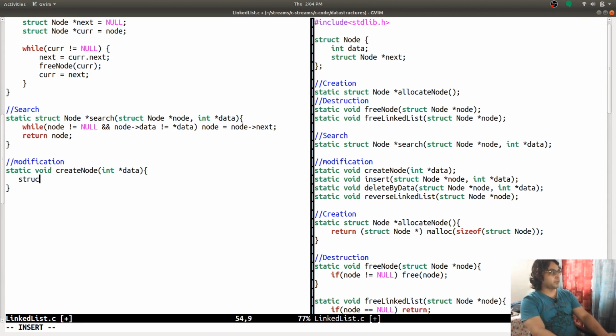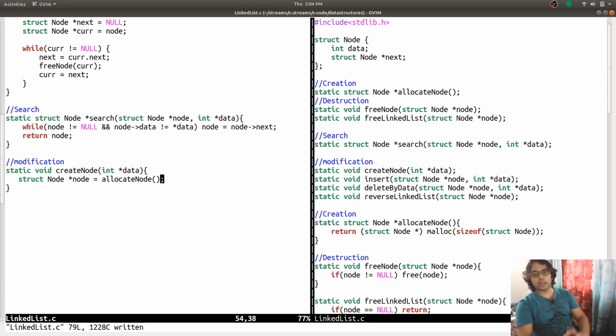So what I'm going to do first is struct node star node is equal to allocate node. I'm abstracting or encapsulating the allocation into a different function, because in real applications you are going to program in this way. You are going to use malloc, or you are going to write your own custom allocators, and use that function to allocate memory.